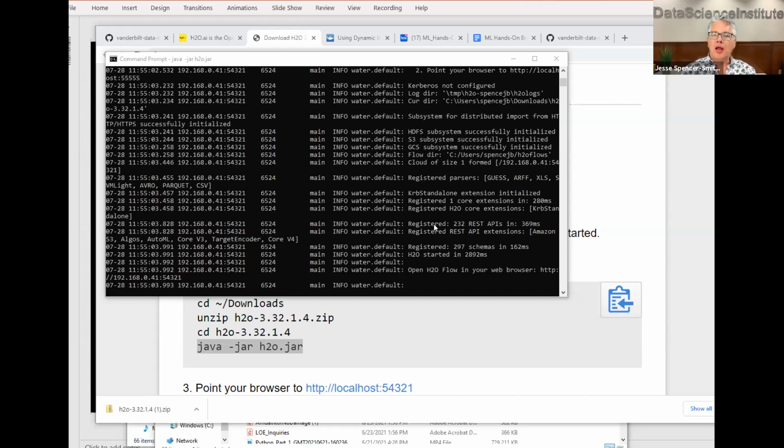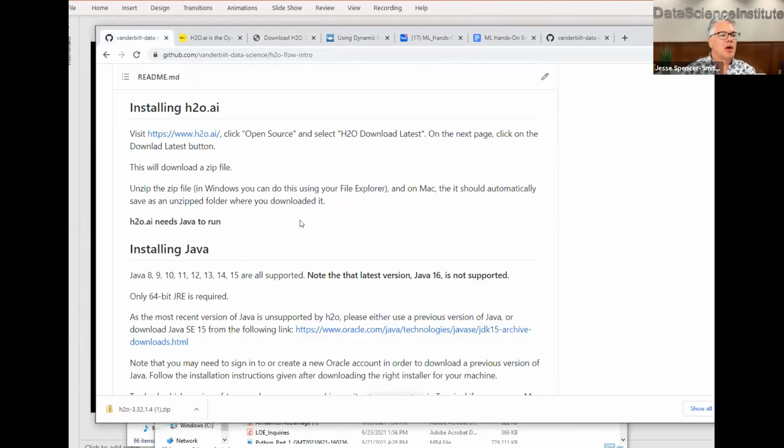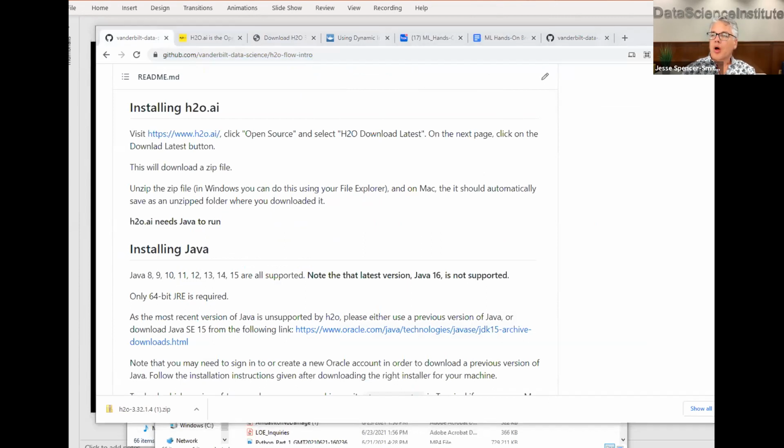Let's go ahead and figure out how to install Java real quickly. So I'm going back to my GitHub repository here, just so I can get to the links.